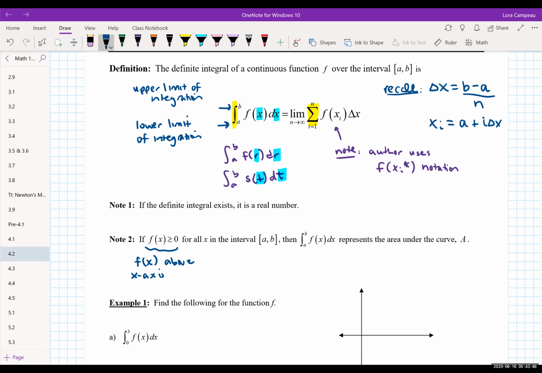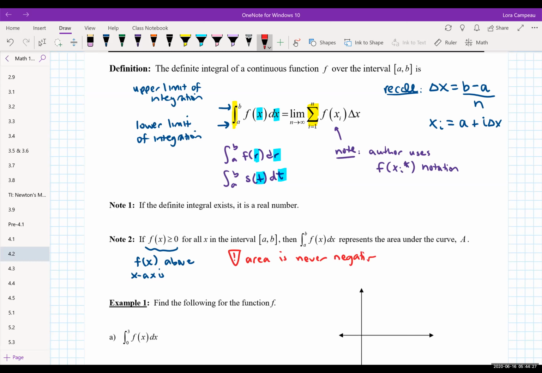So if this is the case, your function's above the x-axis for all x in the interval, then the integral from a to b of f of x with respect to x actually represents the area under the curve. And we dealt with this in 4.1 when we were using these limit calculations. We were calculating the area under the curve based on this. But what has to matter for us is that areas are always positive. I'm sure you know that already. So just a little caution. Area is never negative. We knew that